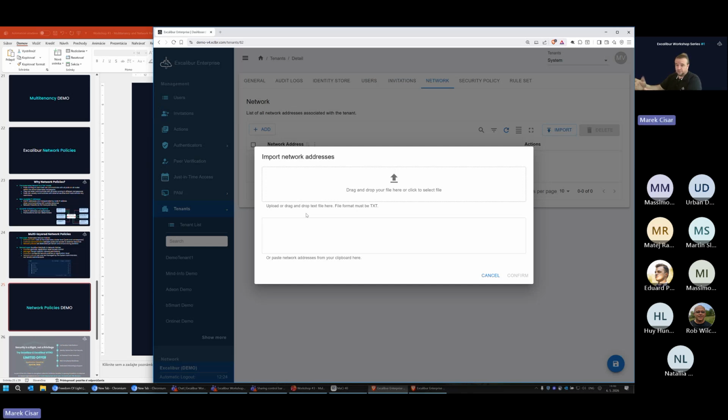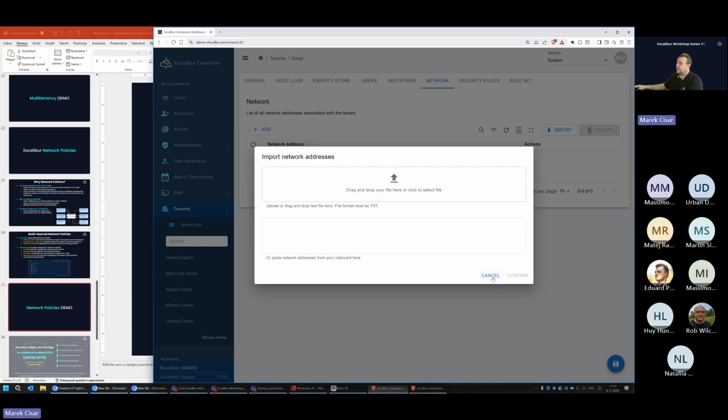The values in the text file can be separated using spaces or commas, or the IP addresses can be one per line within that text file.